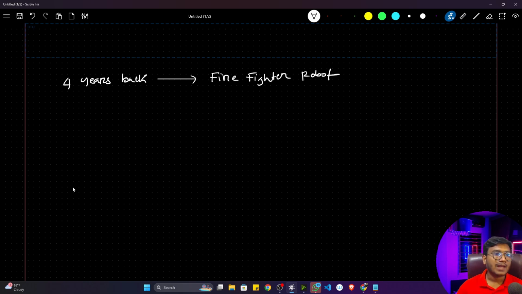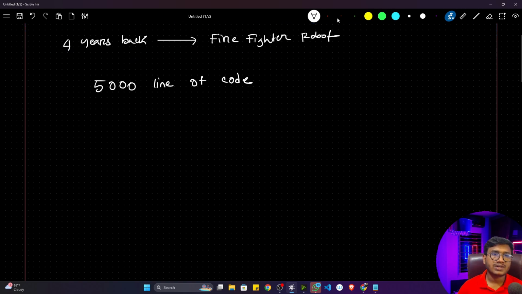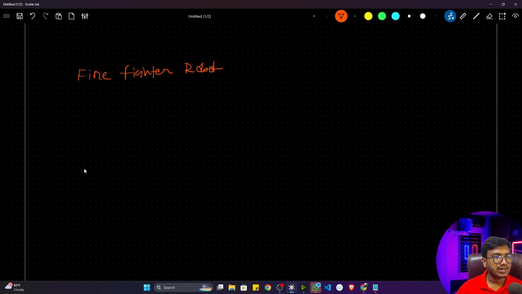All right. Now see, I still remember in this particular project, I had written around 5,000 lines of code to complete this project. Now just try to think, whenever I'm creating a firefighter robot, what functionality can I include in it? So let's say this is the firefighter robot. In a firefighter robot, I can integrate so many functionalities. Let's say there would be a head of the robot, there would be an eye of the robot, because the robot can also see. With the help of a camera, you can implement the eye module.